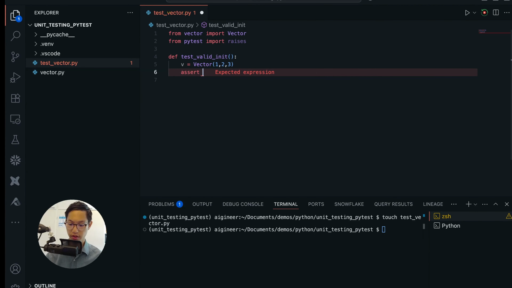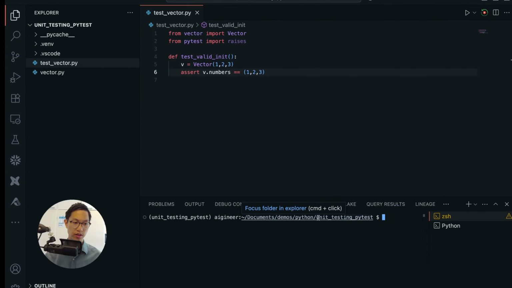Assert v.numbers equals 1, 2, 3. That is it. So now in our terminal, make sure you have activated your virtual environment, and then we do